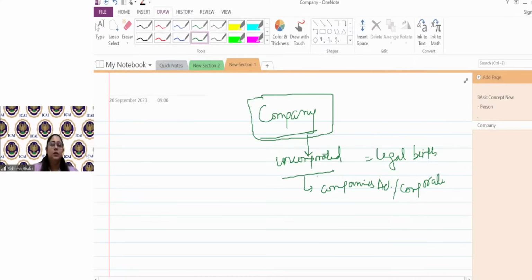अब company is a word, कंपनी का क्या मतलब होता है? When two or more people are coming together, they put in capital and now the business is run. Okay, and company is born as per the Companies Act. Remember that, or any corporate act. अब कंपनी में क्या होगा? कैपिटल कौन डालता है? Shareholders. किसमें डालेंगे? कंपनी में कैपिटल डालेंगे, right? They are only giving the capital. अब कंपनी क्या करता है उस कैपिटल को?